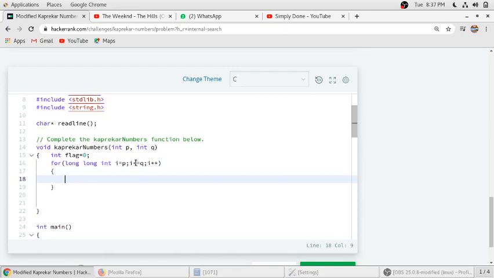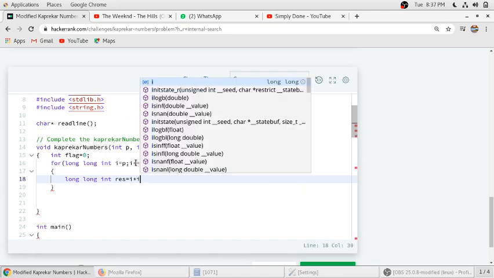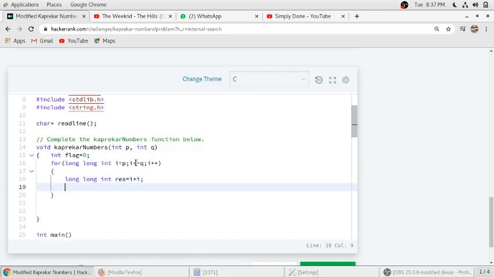In this for loop we will take another variable to give us the square of the given number.